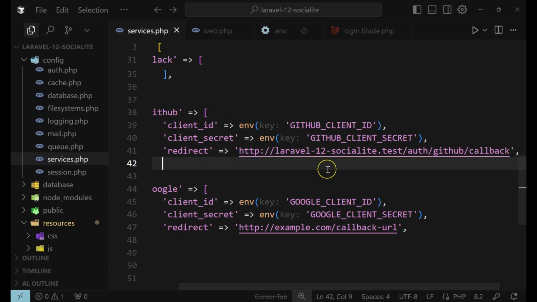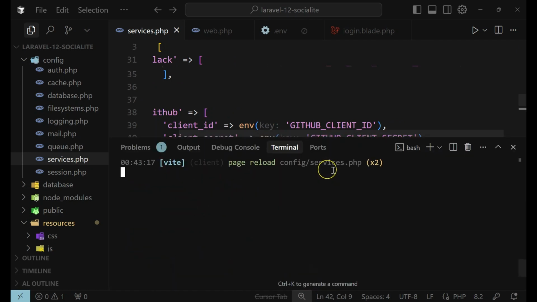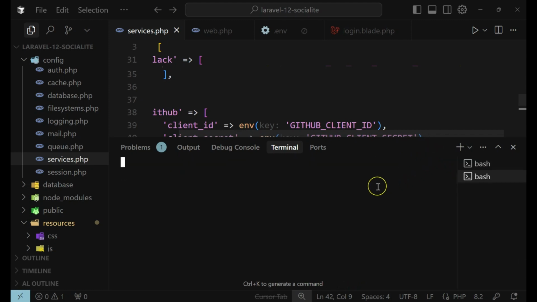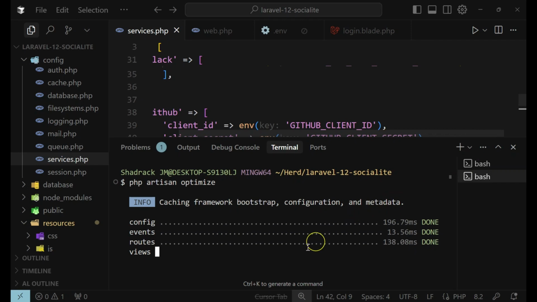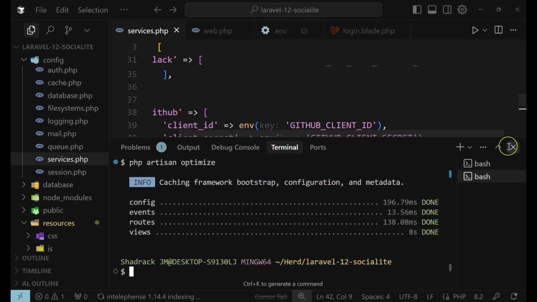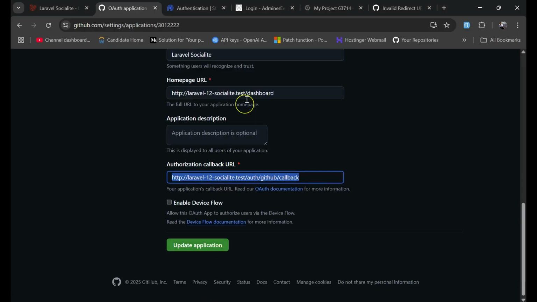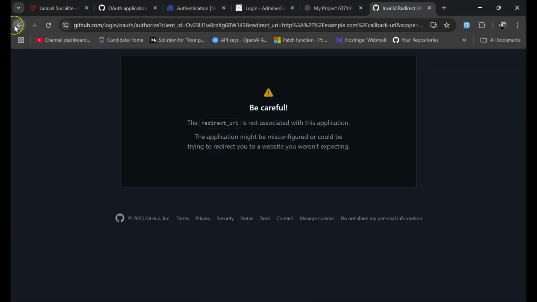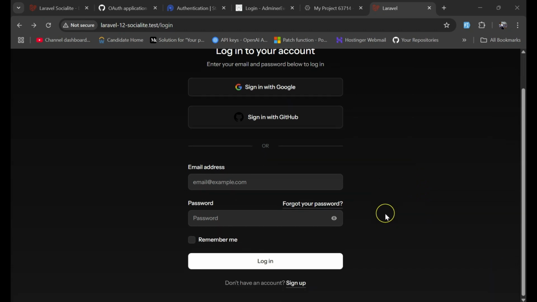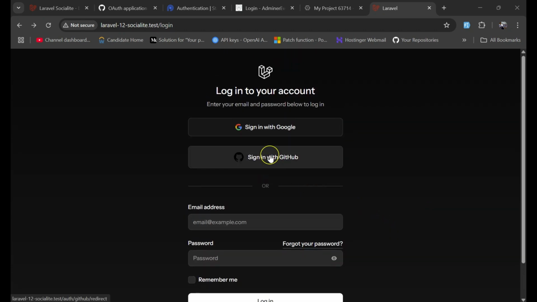Okay, so now let me just run the optimize command. So it will be php artisan optimize. All right, and then let's go and try again. So let me go back. Alright, so now here is the page again. So now let's click sign in with GitHub,